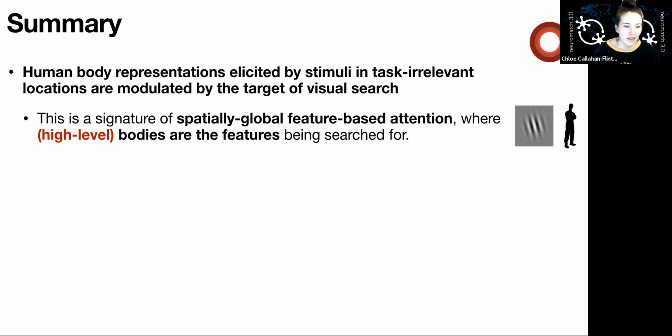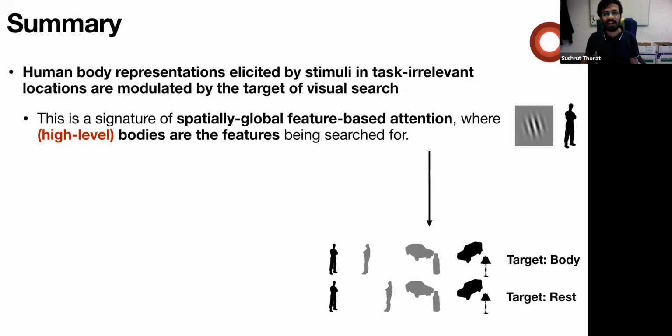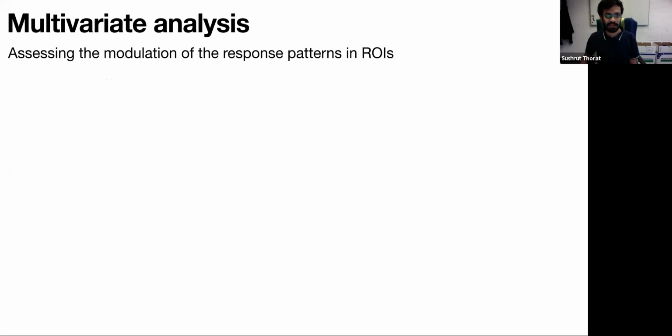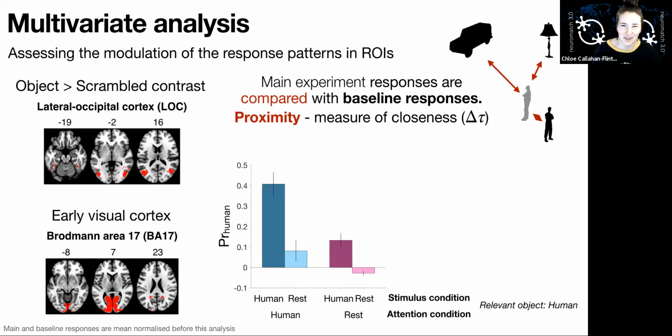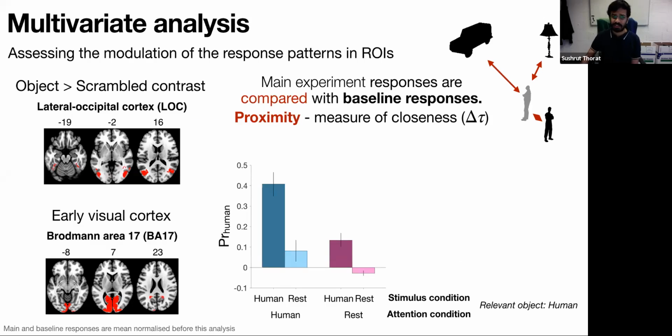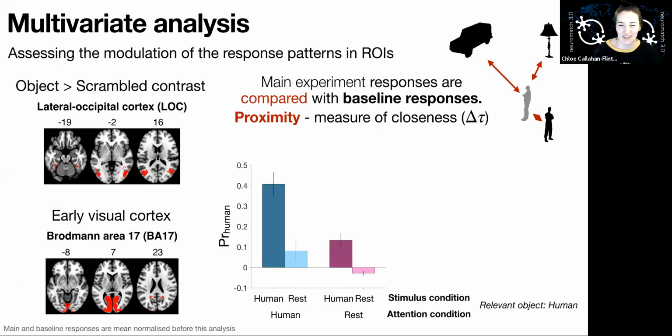Awesome. Yeah. Sorry, and I might have missed this, but did you try a multi-voxel pattern analysis type look to see if there are changes in the representation that way? Oh, that is exactly what we meant by multivariate analysis. Right. So, sorry, I had to move very quickly over this. Okay, perfect.